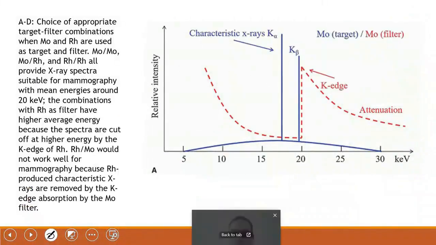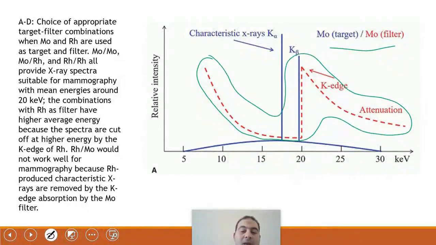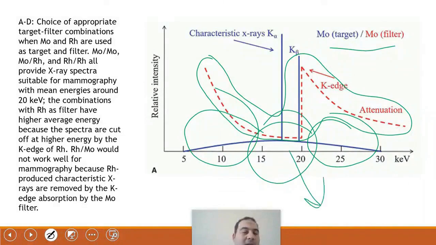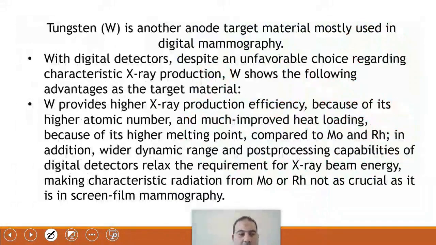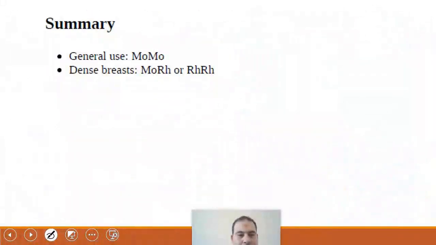Here is the dynamic target and dynamic filter. This is the amount of attenuation. The red part indicates the amount of attenuation that occurred when I used the dynamic filter. All of this has been removed from my curve. So you have a part here that decreased and a part here that decreased. What I have to work on is the part that has maximum intensity, which is this part. This is what I worked on in imaging using the dynamic filter. And this part about the rhodium again,